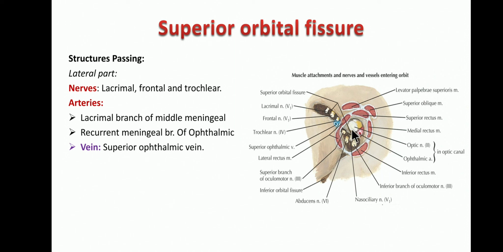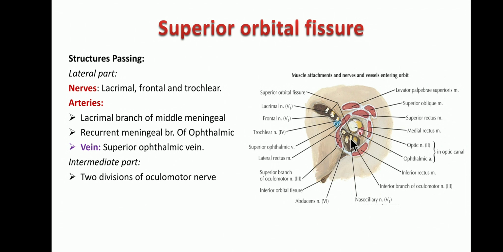Vein, you have the superior ophthalmic vein, which is actually maintaining connection with the facial vein and drains into the cavernous sinus. Superior ophthalmic vein. Next, coming to the intermediate compartment. So in the intermediate compartment, mainly you come across the two divisions of the oculomotor nerve. Okay, the superior and inferior division of the oculomotor nerve you come across in the intermediate part,